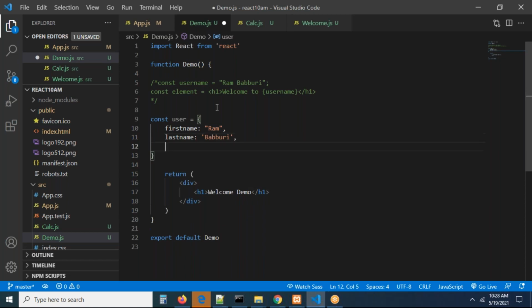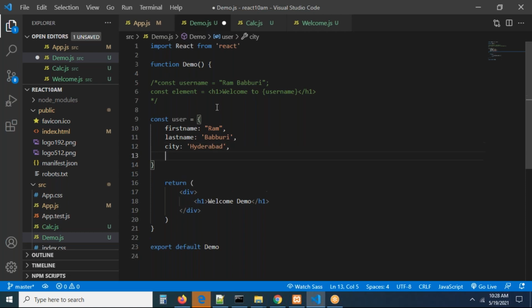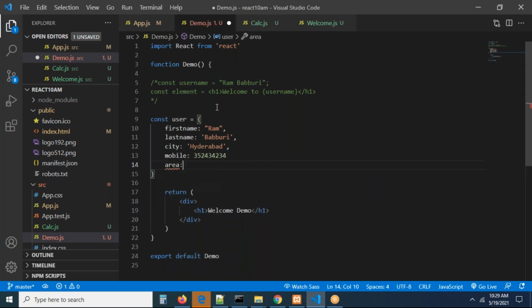City, I'm taking something called HYD. I want to take a mobile number, it's a number, right? We can take it directly like this if it's a number. This is an object, okay? Now I want to take the address also, area, something like that.